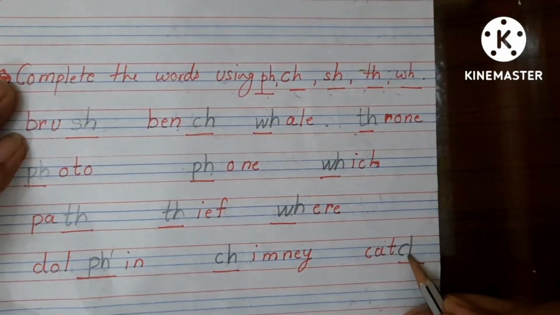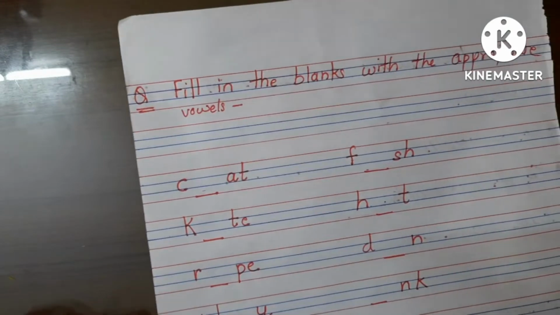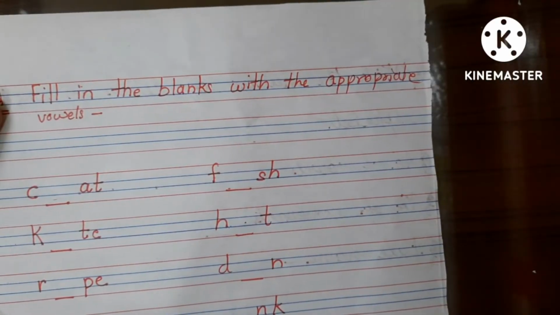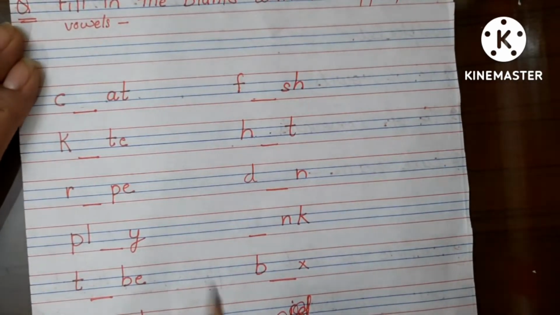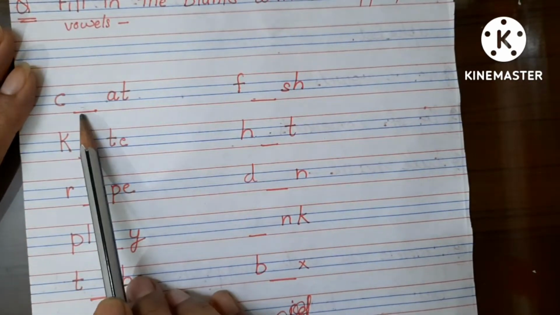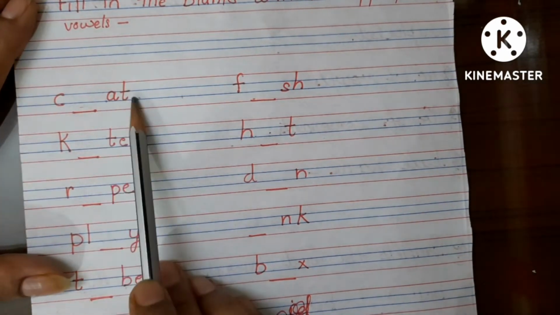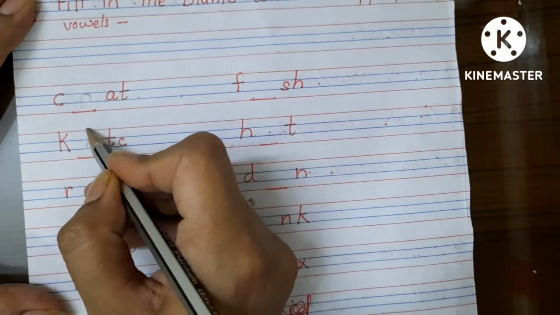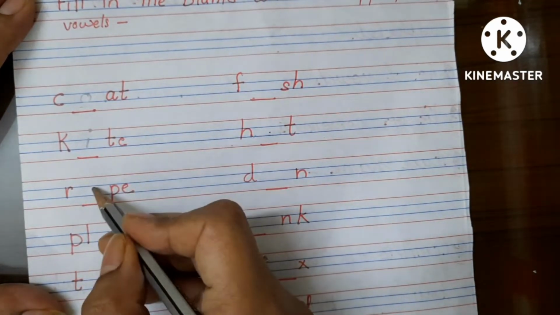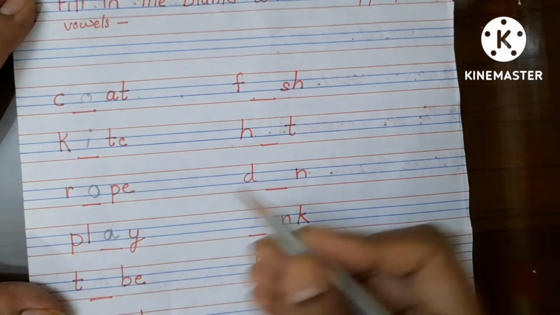The next question we have is, fill in the blanks with appropriate vowels. There are 5 vowels in English alphabet: A, E, I, O, U. Child has to read the word, look carefully and then identify which vowel will come here. So, coat. O will come here and it will make coat. Next, kite, rope, play,